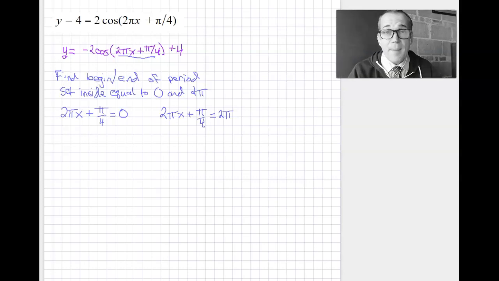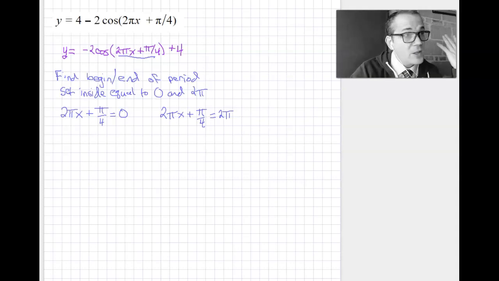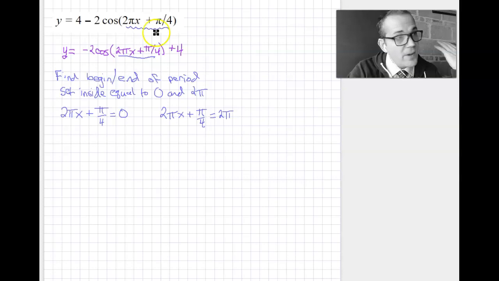So our first step before we do anything else is to recognize that the typical period for a cosine starts at 0 and goes to 2 pi. So I just need to figure out which value of x makes this inside equal 0 and which value of x makes this inside equal 2 pi. So my very first step is to set that inside equal to 0, solve this, set it equal to 2 pi, and solve this. I'm going to go through the steps on this one pretty carefully,